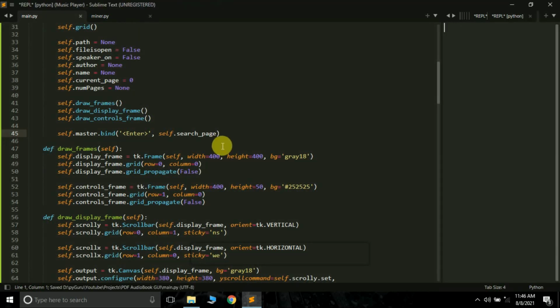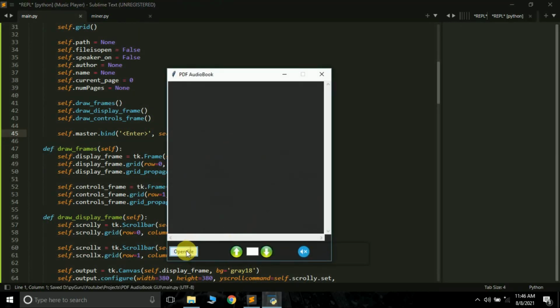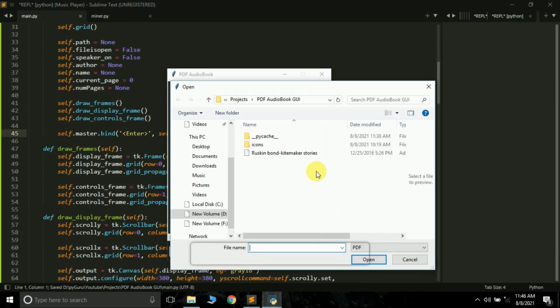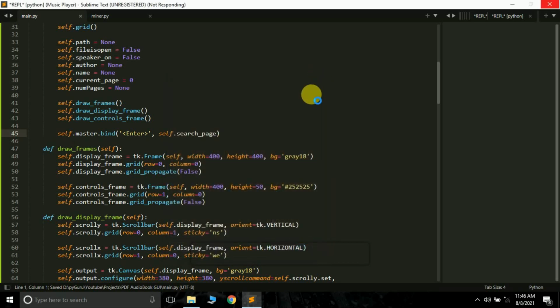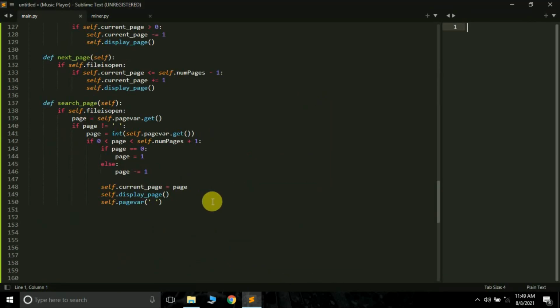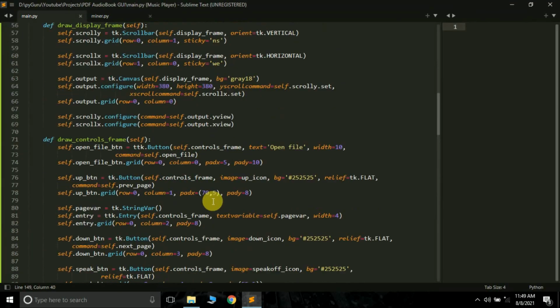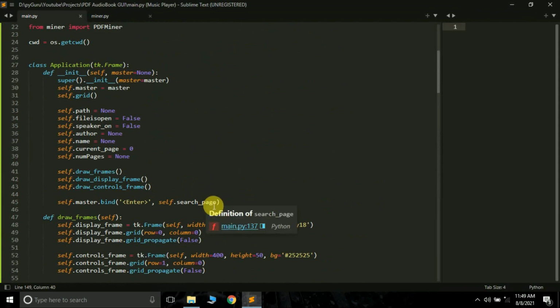So if I just run this and open this one, press enter, it opened here. Now if I pass, let's say, page number 12 and press enter, it's not working currently. Wait a second. So here we have created one function, but if you run this currently, you will get an error.